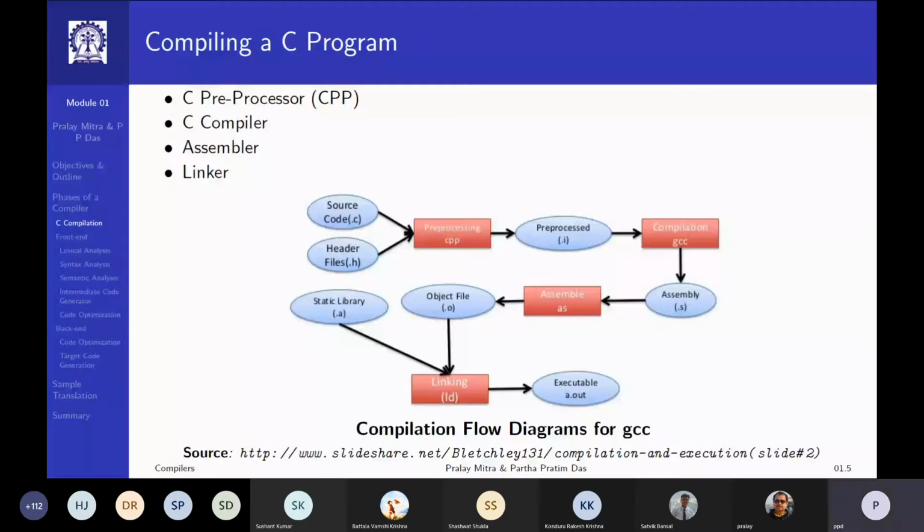I've just put C as a representative here. Please always keep in mind that if I talk about C, it also means C++, Java, Python, and other languages, unless I specifically say that this part is different for a specific language. Right?